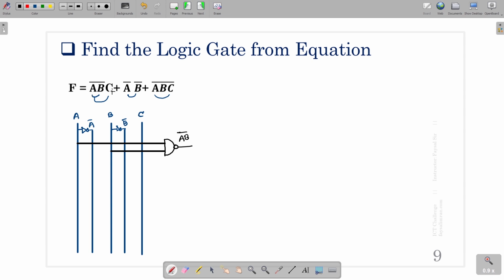We need AB whole bar into C. That means after this execution we have to multiply this C with this value. Okay, so here we pick C,